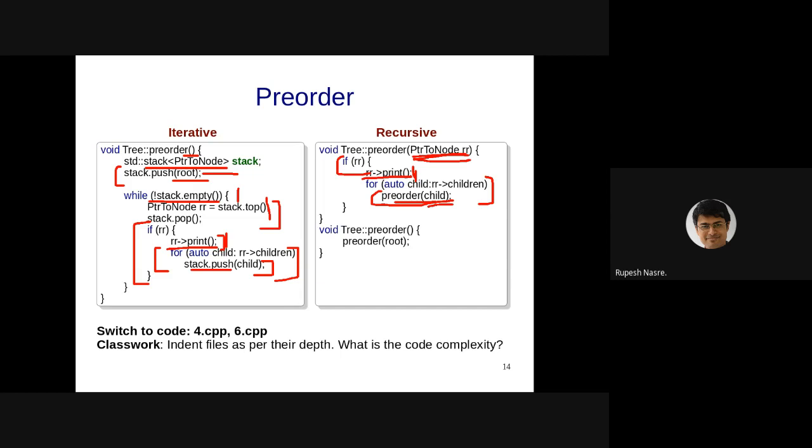What does each child do? Each child is doing printing itself, which is order 1, we are assuming that. And then there is some work which is coming from the parent. And you can do this for each child in the tree. Therefore the amount of work per child is going to be twice the printing, that is order 1 into 2, and order 2 is still a constant. And therefore, we will be able to say that the overall work done is going to be order 2n, and that is order n. So therefore, pre-order traversal is going to require us order n time. That is the tightest bound that we can think of for the recursive implementation.